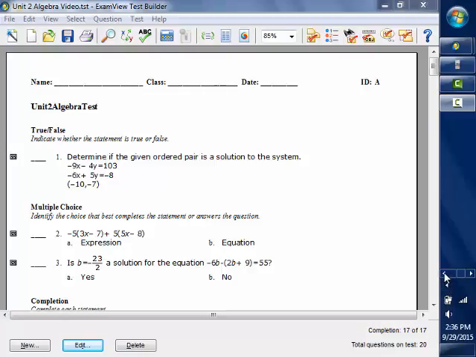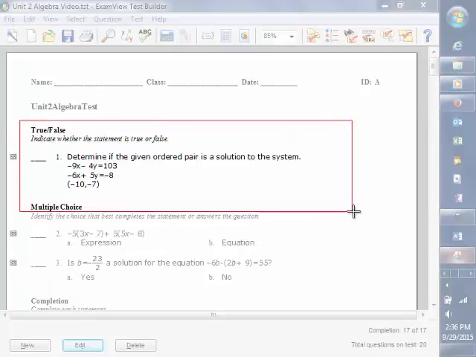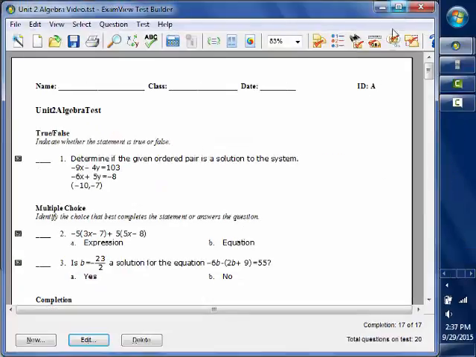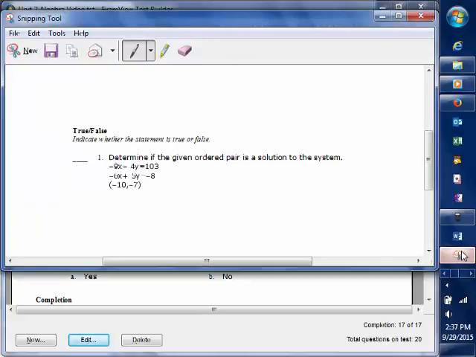This is the Unit 2 review without using the calculator, at least without using the Casio calculator. If you are going to do that, make sure you watch the other video. In this first question, the easiest way to solve it would be to go to